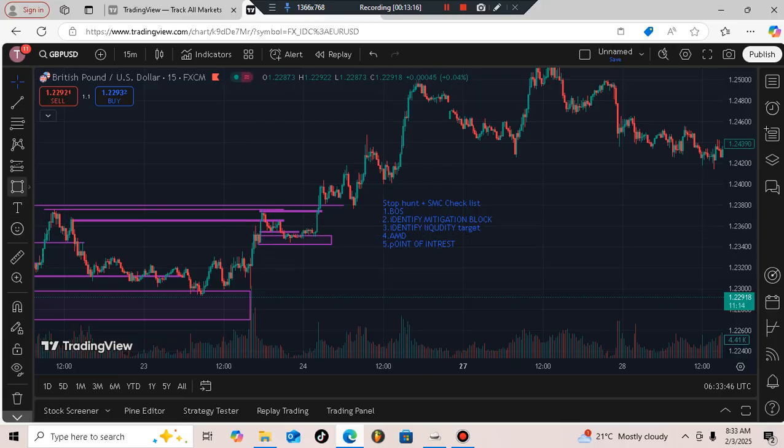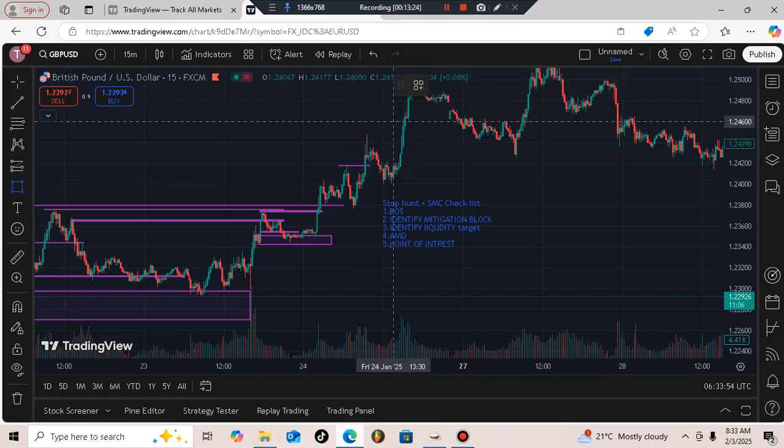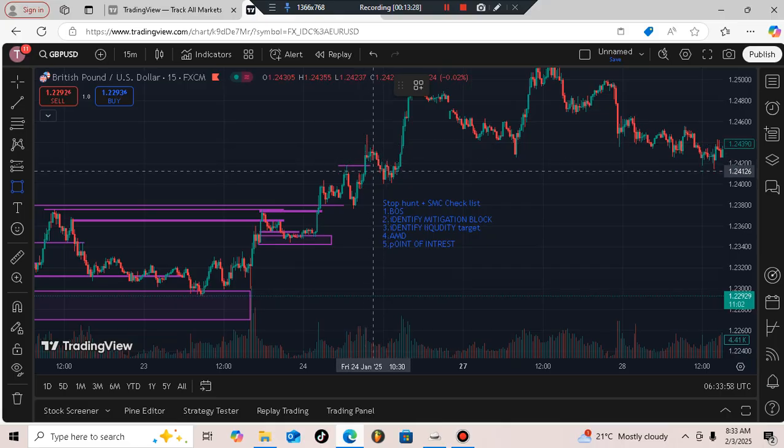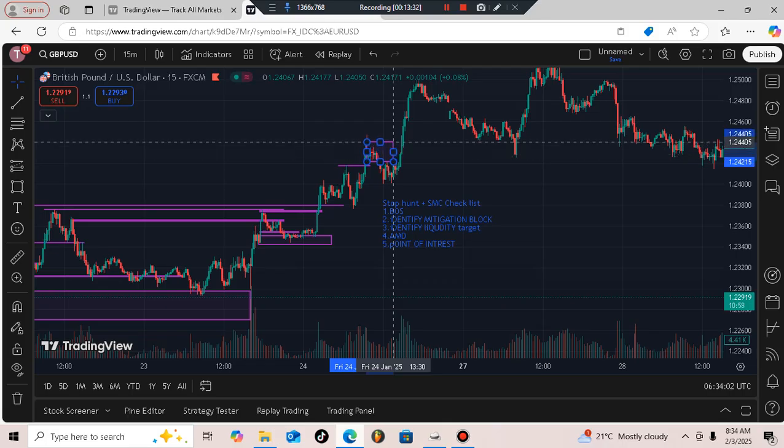And if you drop it down, it's here. Beautiful right here as well. Break of structure right there. Obviously that being your mitigation block as well. Then we have your liquidity target being your one right there. Obviously that's a crucial liquidity target because that's your